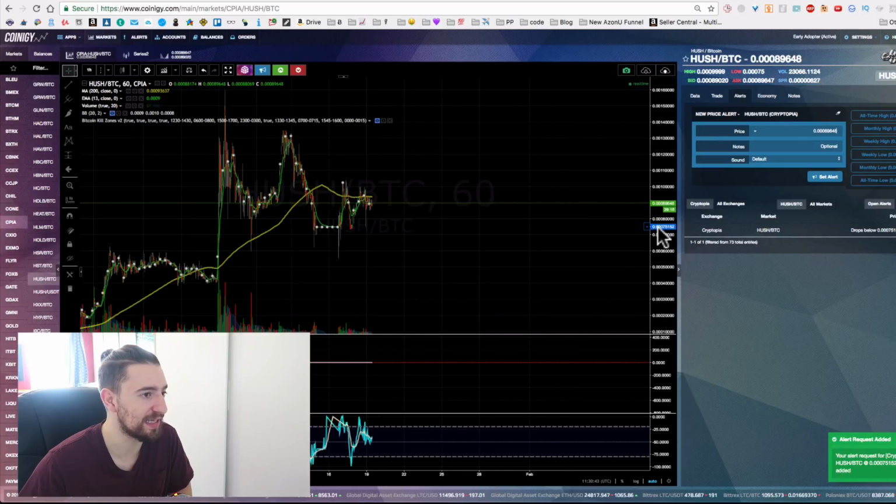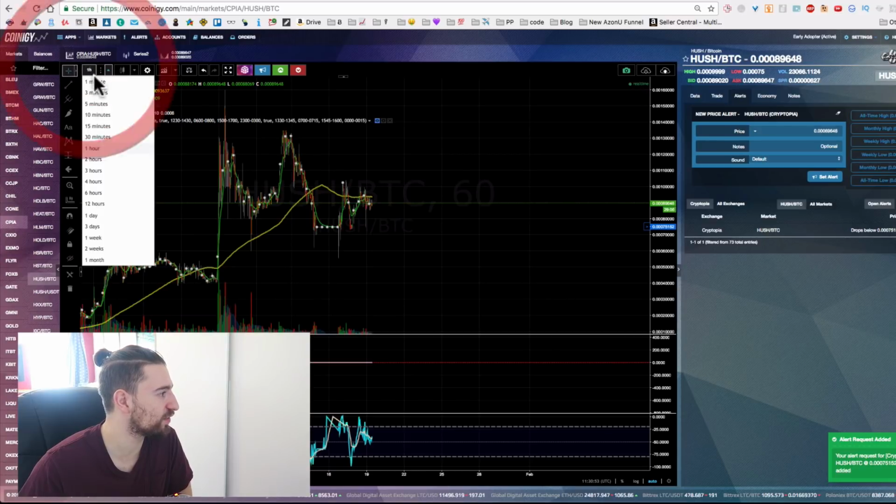And then that alert is set, and when that is hit, I'll get a little ping and even a text notification as well if you set that up. So that's the markets. There's a ton of stuff. You can change the